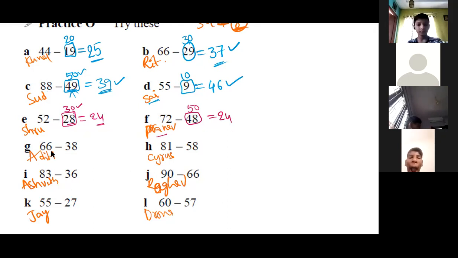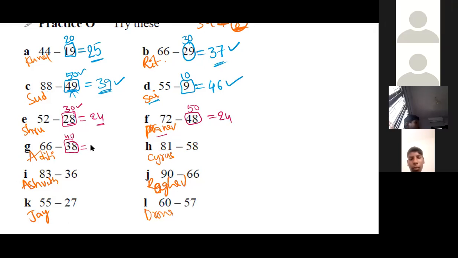Aditi. Yes, sir. So instead of subtracting 38, we will subtract 40 from 66. Yes. So the answer will be 26. Okay. Then we will add 2, which will be 28. Okay. 28. So you should not remember it just as adding. You should understand the logic. Everybody should not give the answer as if this is the way and you add something here. You just try to understand the logic and try to apply that logic again.